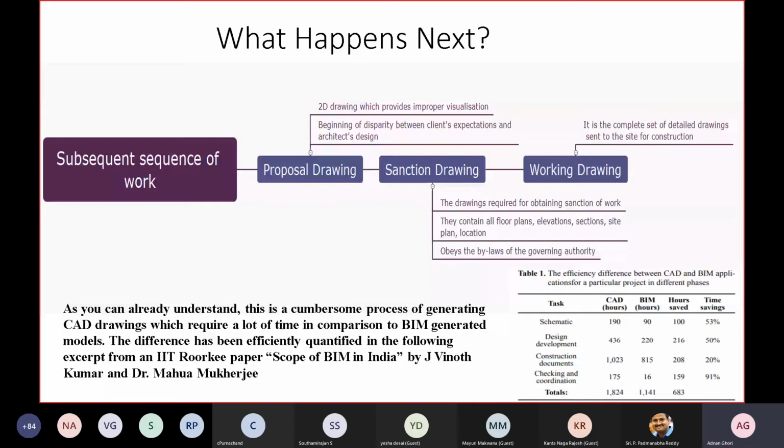Once the architect makes a working drawing for an architectural plan, that plan is given to the structural person with the proper column marking over it, because that is what is required by the civil engineer or the structural engineer. And then subsequently these plans are distributed to the MEP consultants as well. But in this entire process, they work in silos. As in the first session itself, we discussed silos. That is where the silo is.